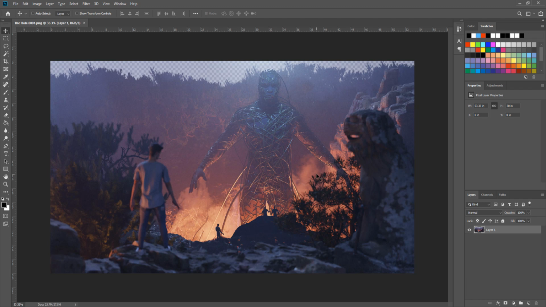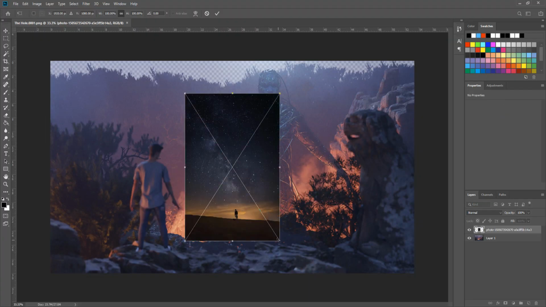Alright guys, so here is the raw render that I output out of Blender when I first did this project. This is how it looked, and in here I'm just going to go through a bit of a breakdown of what I've done for my actual render. So first of all, as you can see, the background doesn't exist. So what I've done, I've just downloaded a night sky photo, and